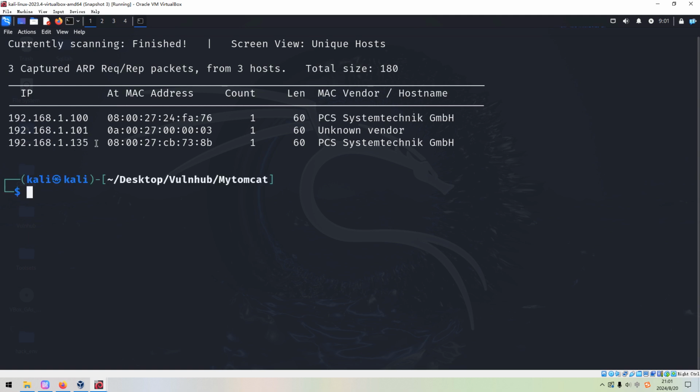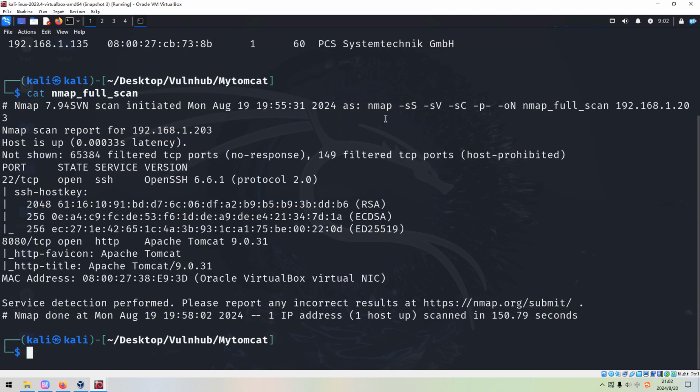135. So what are we going to do next? We need to do the Nmap scanning. And to save time of this video, I've already done that earlier. So for now, we just get out its result. So here, you can see over here, I use the options like SYN scan, the version scan, the default script scan, followed by the -p- to do the full range port scan. The last option for all is -oN to output the result into this file. Although the IP address of the target had been changed from the first time when I did the machine.